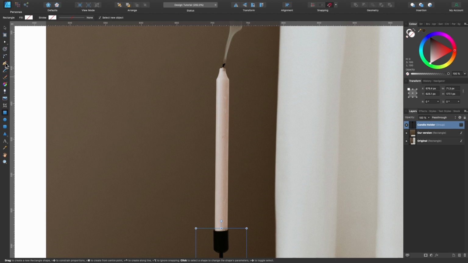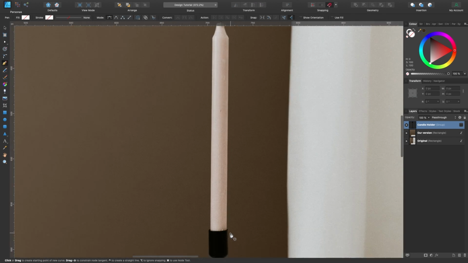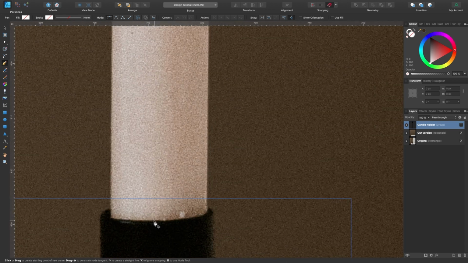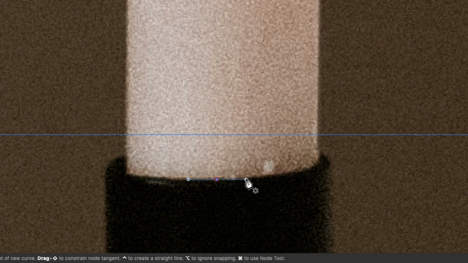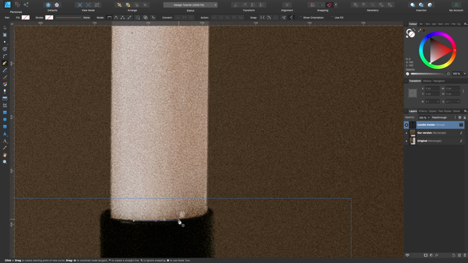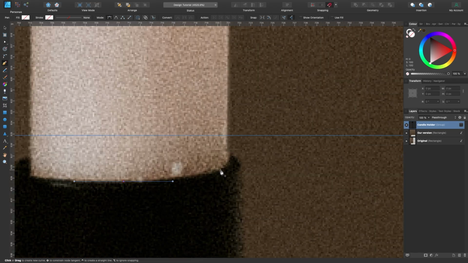So head on up to the pen tool or press P, and let's start somewhere where there's a sharp corner. Maybe, actually, in fact, let's start in the middle here. So I'm going to click and drag out whilst holding shift. So we get this kind of look. See if it kind of moves in 45-degree angles. I'm going to click and do that. Actually, I'm going to click to about here.